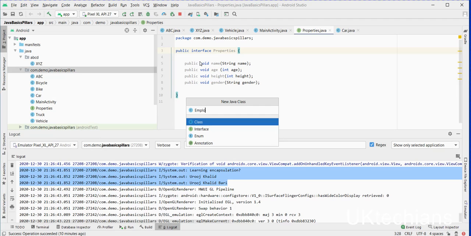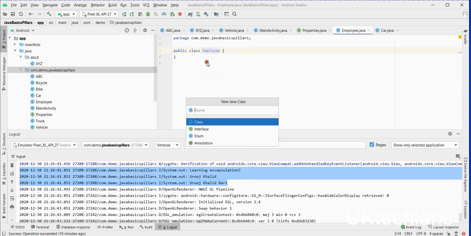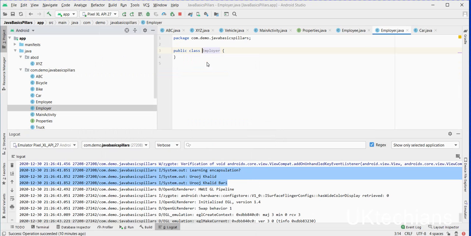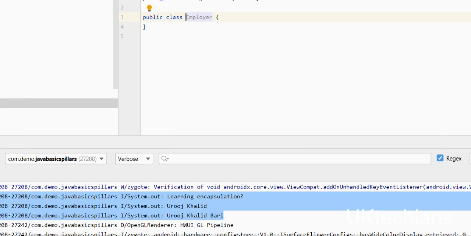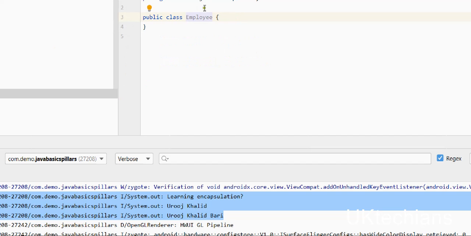One is employee, another one will be employer, right? I created here two classes. Let me zoom it, employer and employee, and I created a property interface over here. And what I want to show you is we have created these two different classes, but we can access